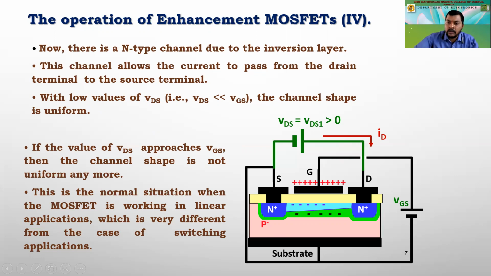And if you go on further increasing the gate source voltage, more positive charges are going to be deposited on this gate, and automatically negative charges are being induced over here in this channel, and more current will start flowing through this ID. Okay, so that is how the drain current can be controlled. And this is how we are going to enhance the current. That is, we are increasing the current. Therefore, it is called an enhancement type of MOSFET. Okay.